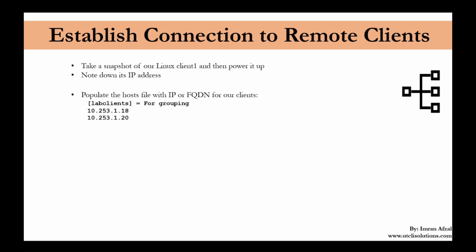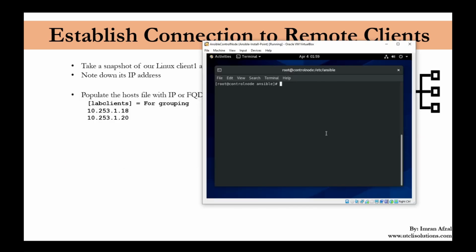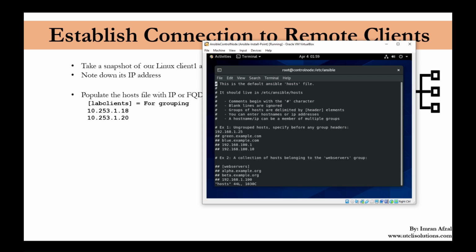Now populate the host file with IP or FQDN for our clients. And this is our client, so we'll go to our control node. Our control node is right here, and I am logged in. Who am I? I'm logged in as root. Let's see which directory I'm in. I'm in /etc/ansible, and I wanted to go to the hosts file to modify that. So hosts, enter, and right here